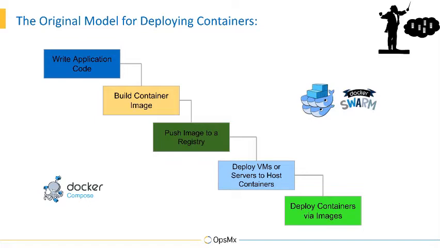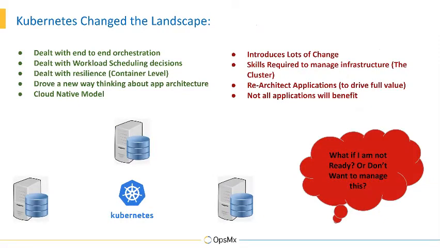And it's the same thing with Swarm. A lot of these technologies laid the groundwork for where we are today. And again, a lot of us adopted this because it made sense for us. And now, we're still in the process of that digital transformation. Now, Kubernetes came along and obviously changed the landscape, right?